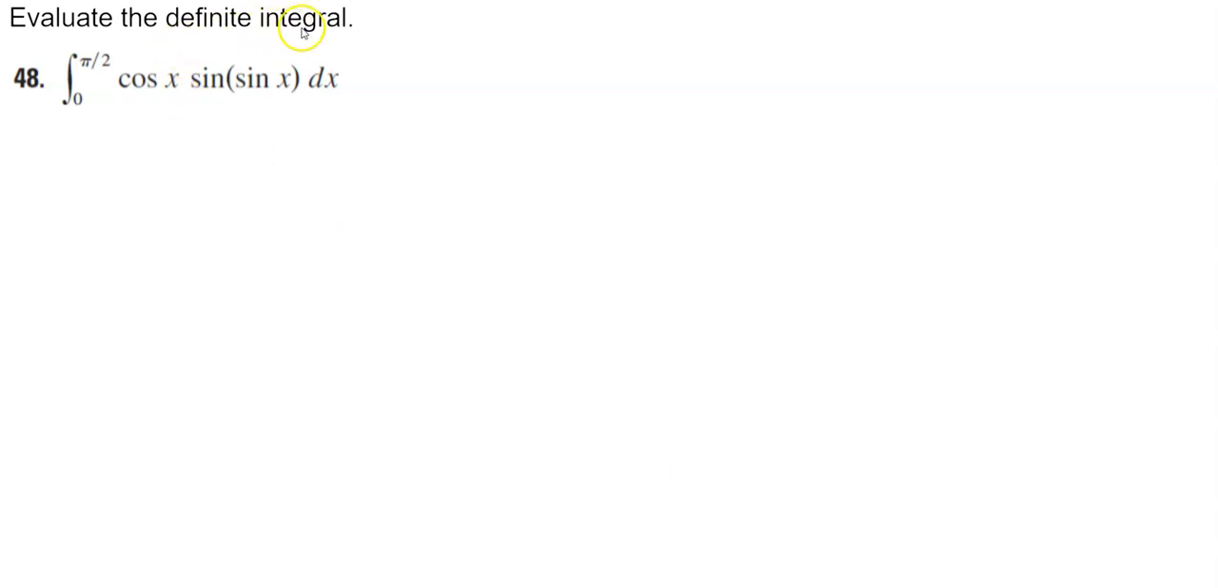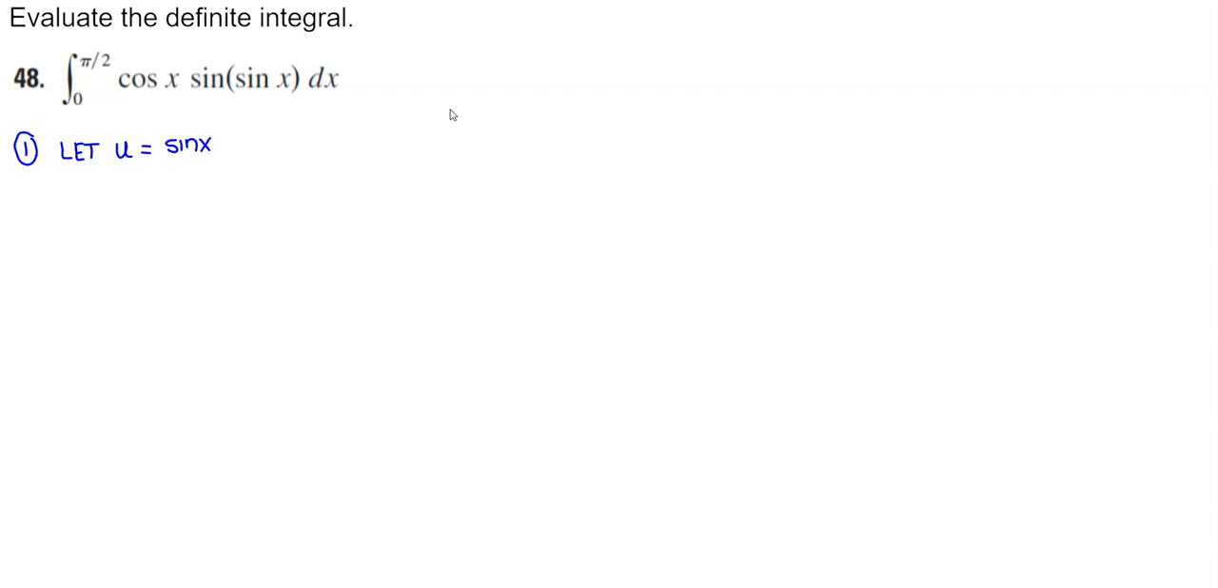Evaluate the definite integral. Here we have the cosine of x times the sine of the quantity sine of x dx, with a lower bound of 0 and an upper bound of pi over 2. So the first thing we need to do is identify what we're going to substitute for u. In this problem, we're going to let u